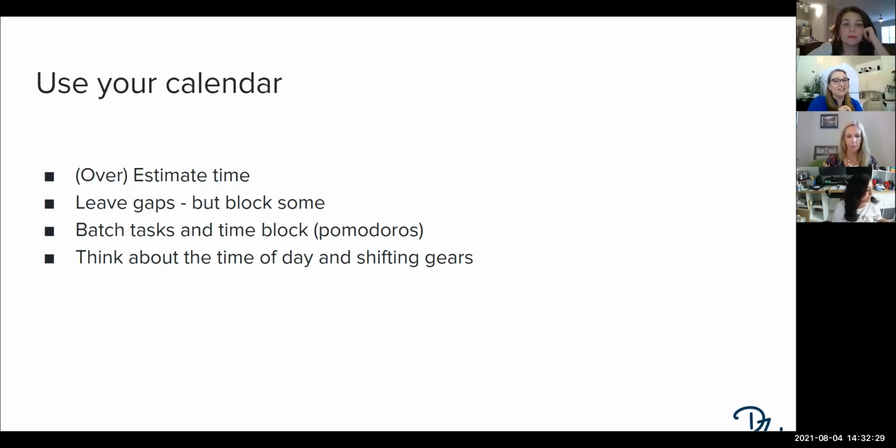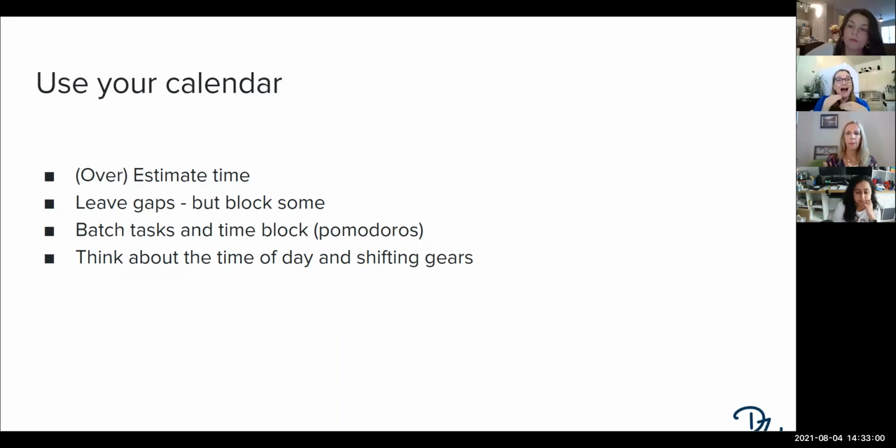Batching tasks. I use the Pomodoro technique a lot, and this is really common, but it's actually really simple. It's 25-minute blocks of time, and then you take a 5-minute break. And then you take longer breaks in between. This helps for a number of reasons. Sometimes I use it for a dedicated task where I need to think, and sometimes I use it just because I've got a lot of miscellaneous tasks. And rather than interrupting everything that I'm doing throughout the day to do these miscellaneous tasks, I'll have a set amount of time to do those.